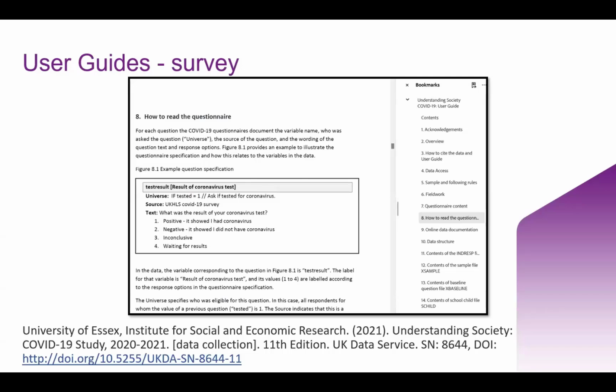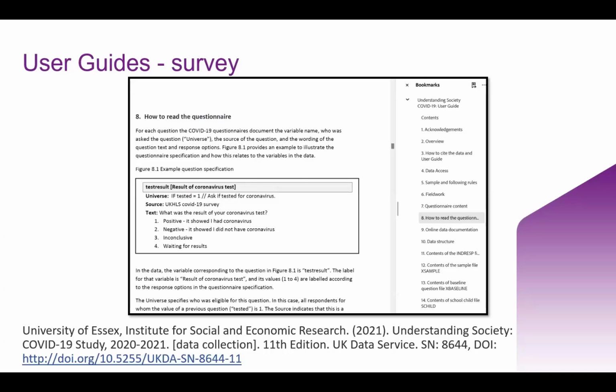So we kind of have a dual system working within the UK Data Archive where you can deposit yourself and prepare your own data through our reshare deposit system. Or sometimes we are given data or we work with researchers, depending on the situation, to curate their data, in which case we would create a single file called a user guide. This user guide is an example from a survey. So you can see the bookmarks of this information that's provided on the right there, and it basically acts as a map to talk you through the